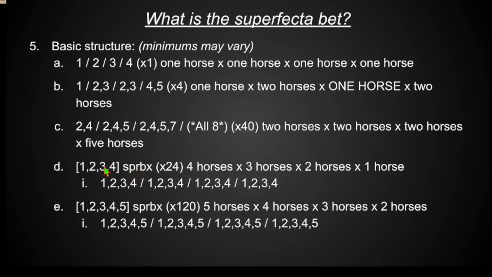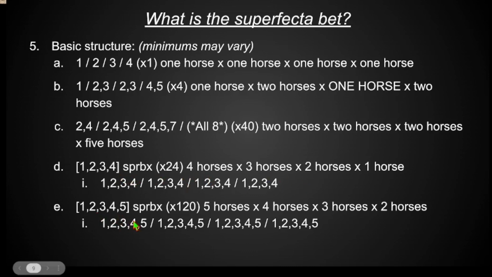We have Superfecta box down here. Say you like the 1, 2, 3, and 4, a Superfecta box. That's a multiplier of 24 because you have 4 horses to finish first, 3 horses left to finish second, 2 horses left to finish third, and 1 horse to finish fourth. Because you're using the same 4 horses in each spot, you have to take one away because whoever finishes first can't finish second, whoever finishes second can't finish third, and so on.